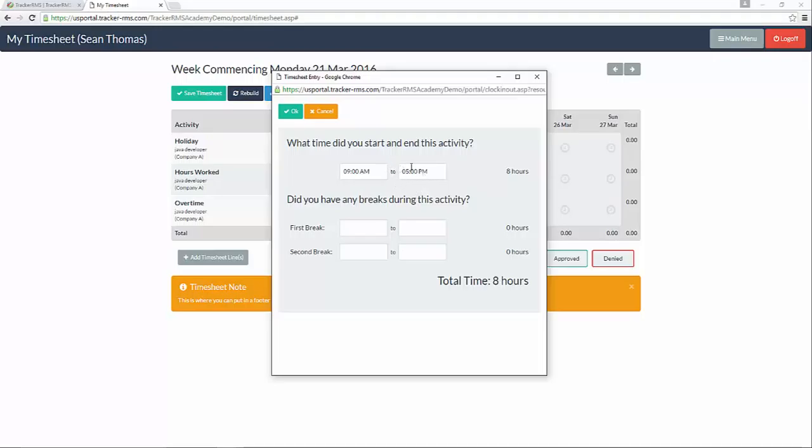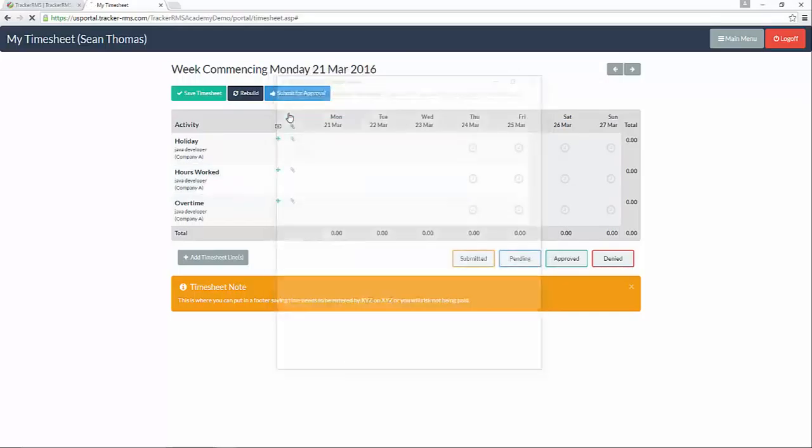Now this is where, if the candidate worked anything different, we could either select from the drop-down, or we could simply type in the time that we worked, if it was 4 p.m. Now I could go down to my lunch breaks, and this is where they would enter the different breaks that they took. So if we took a break from 10:30 to 11 o'clock, this is where we could enter that, and you would see the time update to show that we've worked 6.5 total hours. So they would put their start and end time for the entire day, and then they would break out any breaks down here. If I hit OK, it's going to save that time in,